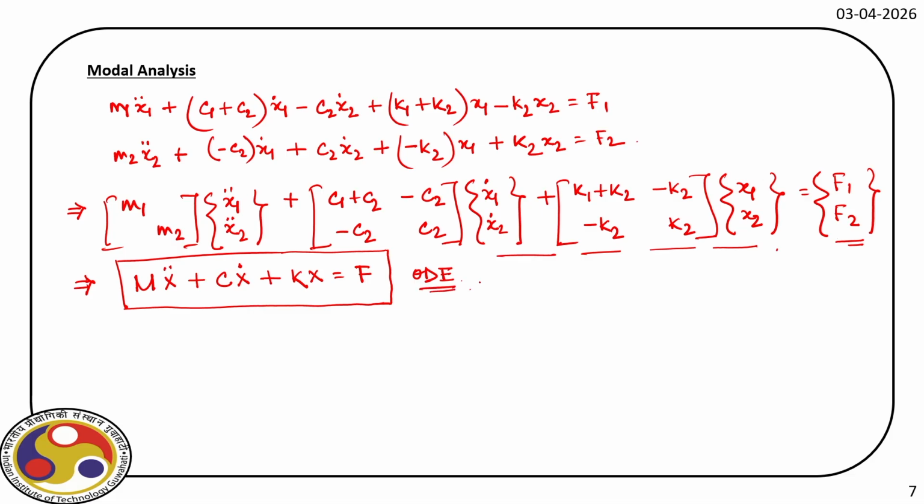and for the complete solution, again, we have to find out the complementary function and particular integral. So if we write down the complementary function, that is the homogeneous part, the right hand side is 0. And for that, again, we have to define the initial conditions. So initial conditions are x at 0, that is say x0. Of course, as many degrees of freedom we have, that many displacements at t equal to 0 we have to define. So in our case, it is 2 cross 1. And then x dot 0, again, in our case, it is 2 cross 1.